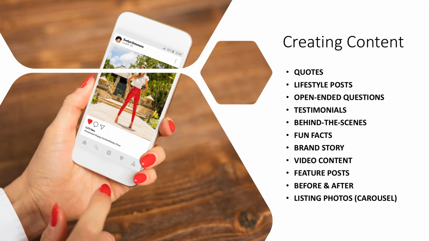But other things that are fun, like quotes. No matter who you are or who you're targeting, you can almost guarantee that people just love to see inspirational, funny, and relatable quotes, right? So mix it up, have fun, especially in these times right now where people are just not sure where their next paycheck is going to come from or are having a rough time of it. Stay positive, stay engaged, use some quotes just to uplift. You never know, you may make a difference to one person. And if it made a difference to that one person, that's all that matters. We're not trying to make everybody feel all lovey-dovey, but have fun with the quotes.